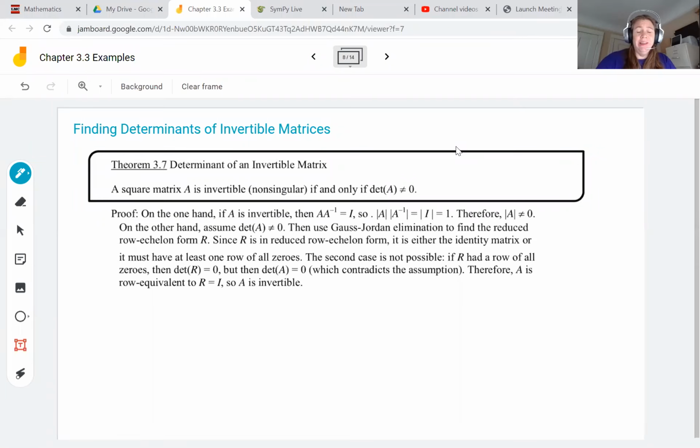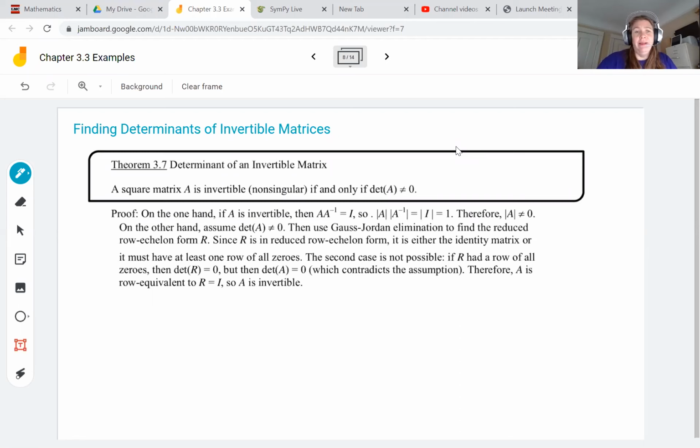In this video, we continue with chapter 3.3, and we are going to take a look at finding determinants of invertible matrices. Let's start with theorem 3.7. Theorem 3.7 says a square matrix is invertible, also known as non-singular, if and only if the determinant of